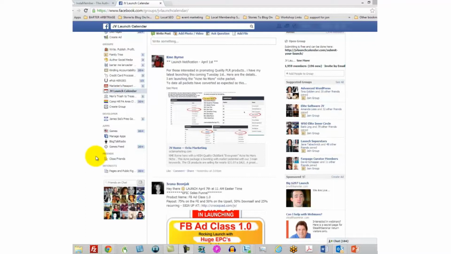Last but not least, of course, you are going to want to make sure that you are joining some of the JV or joint venture groups so that you can find out different offers that are going to be available to you in order to market to either your group or people in your news feed. Once again, you'll notice that inside of this group there are two things that are happening. There's one where you're finding out the things that you can do inside of the group. You're going to get access to all these posts.